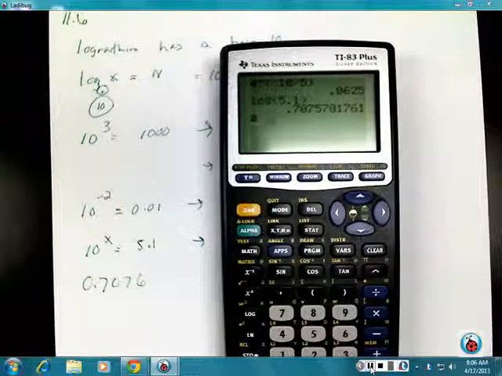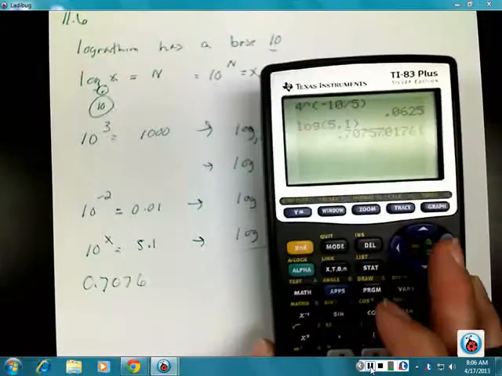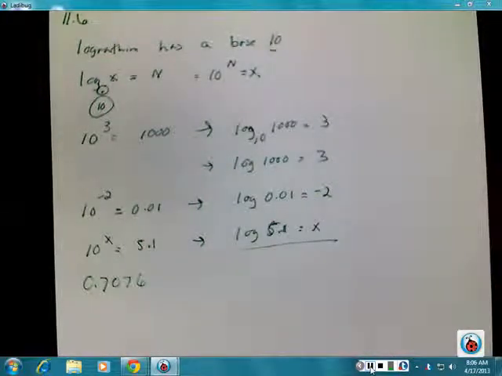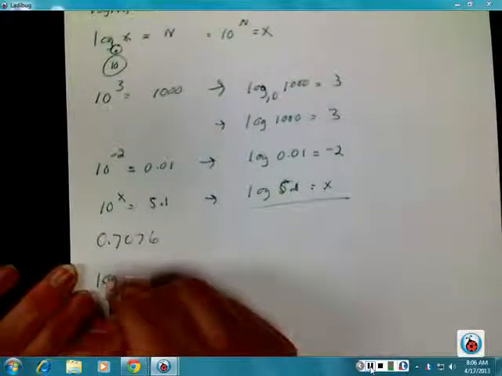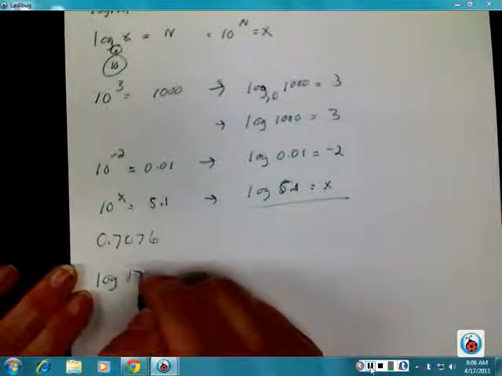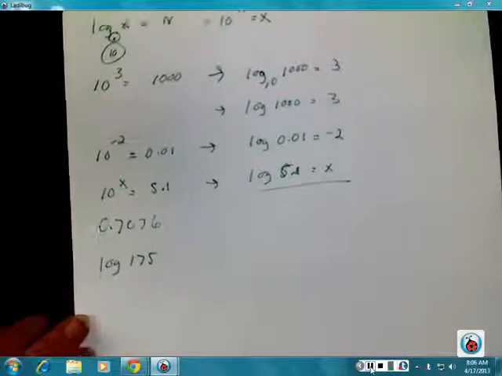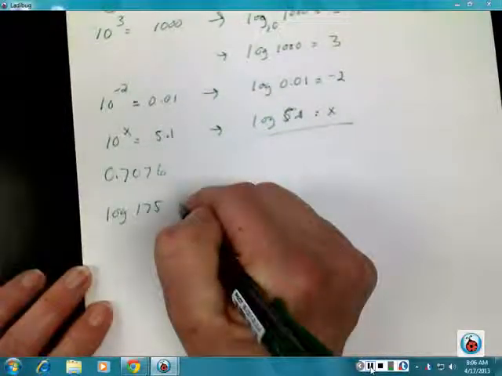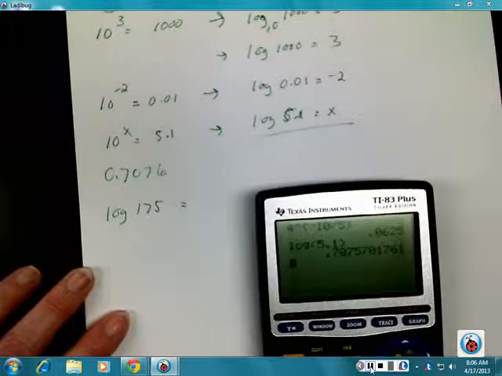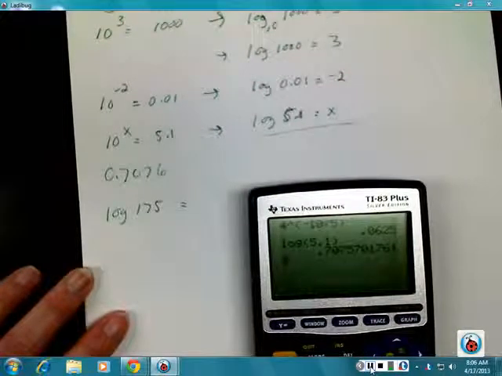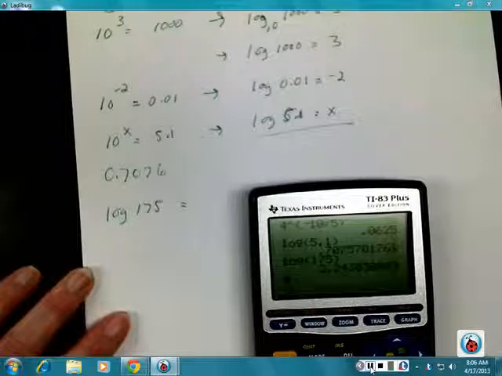Okay, so basically it's just kind of plugging stuff in and seeing what you get. Now the ones that you end up solving look like so. They are just plain log 175, for instance, and that's what you would see if you were given this. And so then I'd grab my calculator and once again hit my log button, type in 175, close a parenthesis, hit enter, and my answer comes out to be